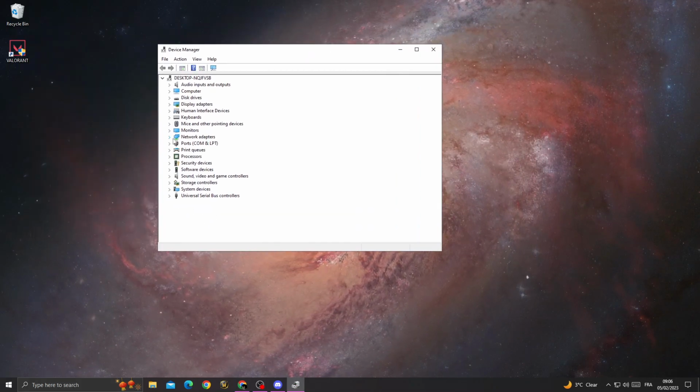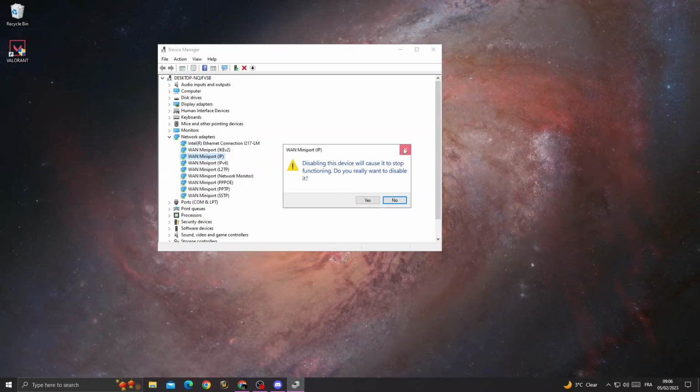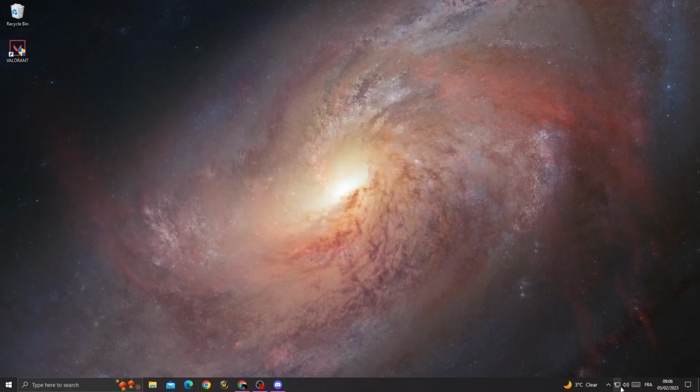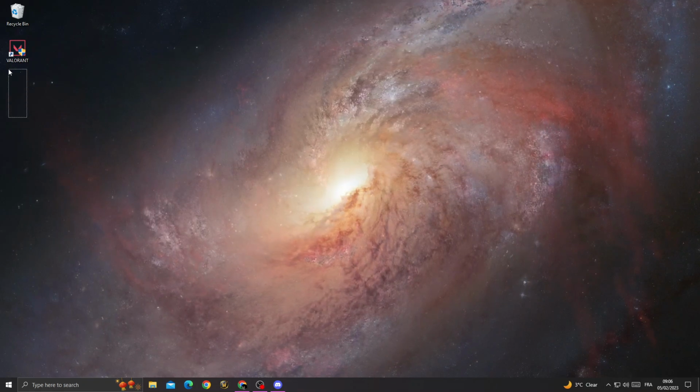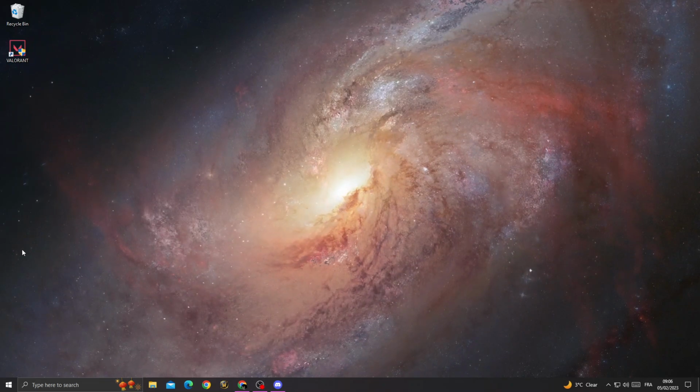and now go to network adapters. Now right click and update all those drivers here. Update all those drivers, and then turn off your Wi-Fi and turn it on again, and try to open Valorant, and you will find that your problem is fixed. But if that doesn't fix it,